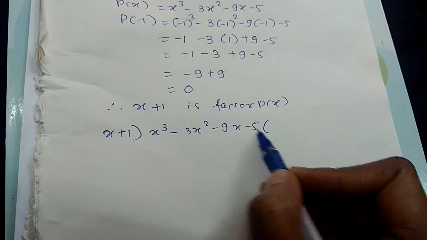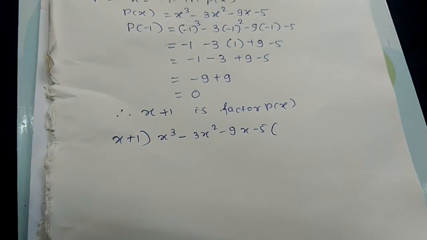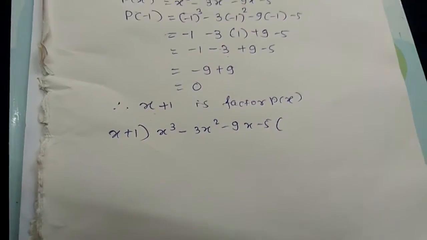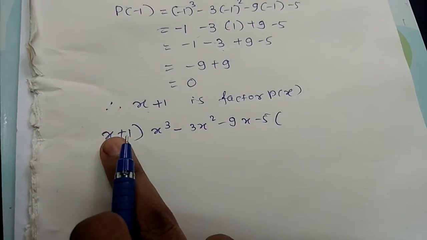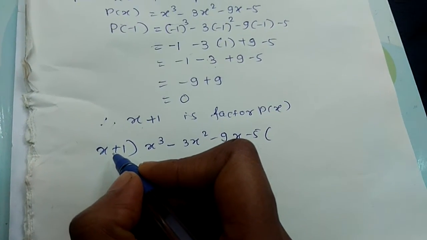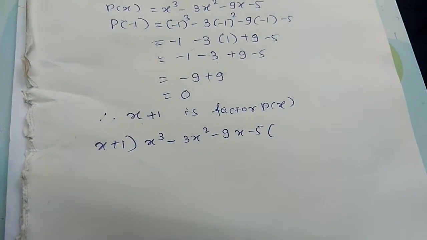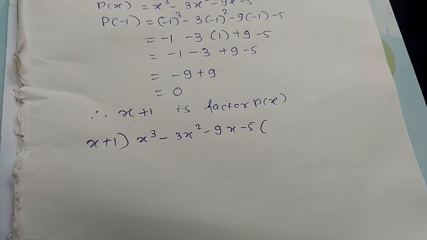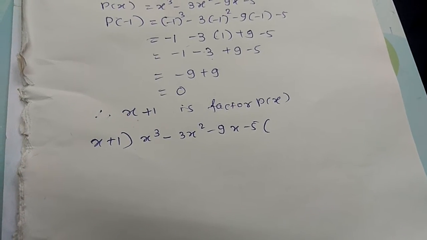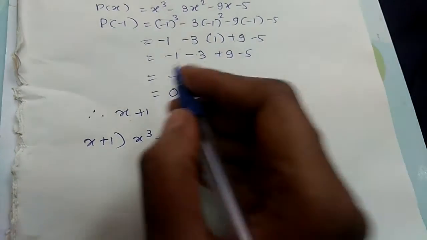So this is our polynomial, and this is our divisor. Remember why we have taken this as a divisor: because this is a factor, and the degree of a factor will always be less than the degree of the given polynomial. As I explained the division method, for practice you can watch my previous video, in which I explain it in detail.